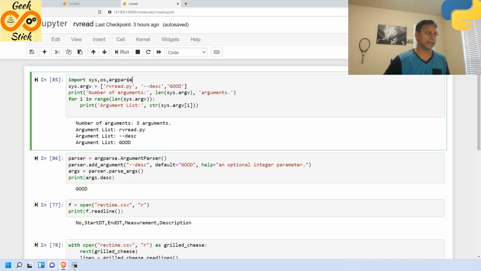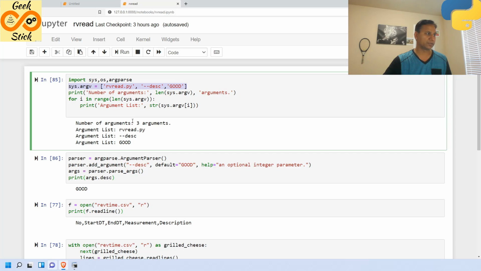So here I added these imports: sys, os and argparse. Without argparse, I can also get it directly from argv. Here in the Jupyter notebook, I am going to dynamically set and pass the argument. I'm giving sys.argv with these variables: the program's own name and hyphen description. This hyphen makes the magic of showing it as optional. By default, I'm passing this variable called good.